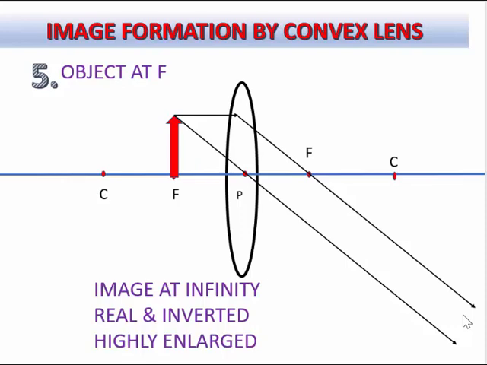Such near parallel rays are expected to be meeting at infinite distance from the lens. That's why if they are going to meet at an infinite distance, the image is going to be highly enlarged. How is the image? It is going to be real and inverted. So now this case is exactly opposite to the first case. In the first case of convex lens, we kept our object at infinite distance. And where did we get the image? We got the image at the point focus. In this case, we are keeping the object at focus. We are getting the image at infinite distance.